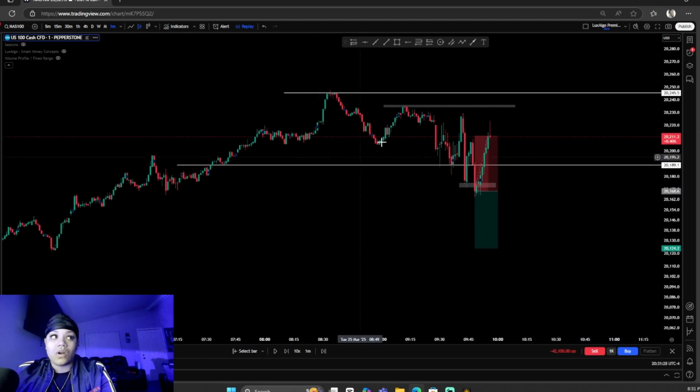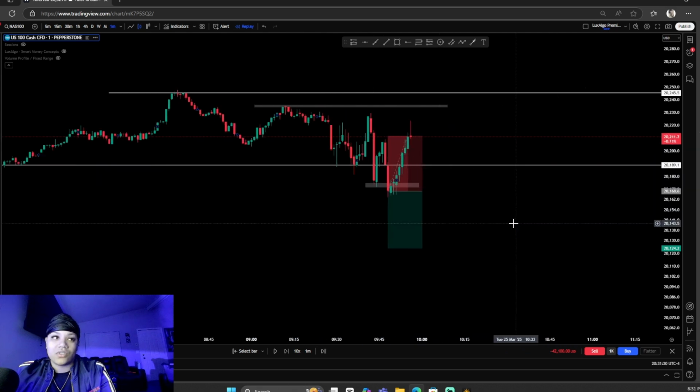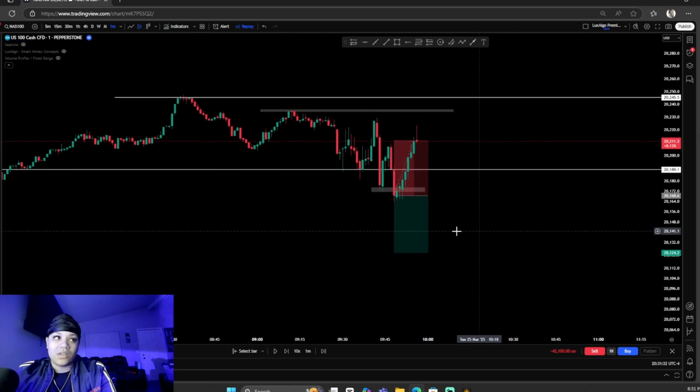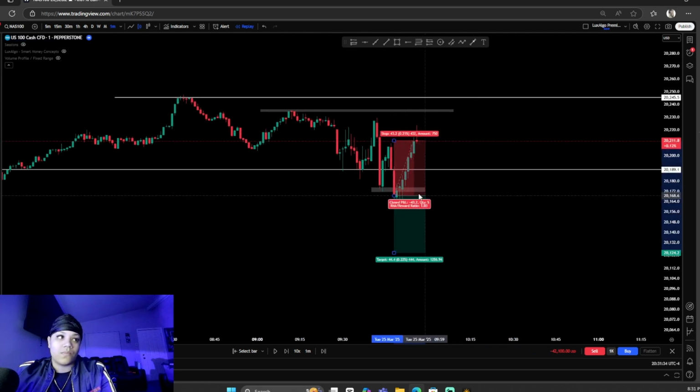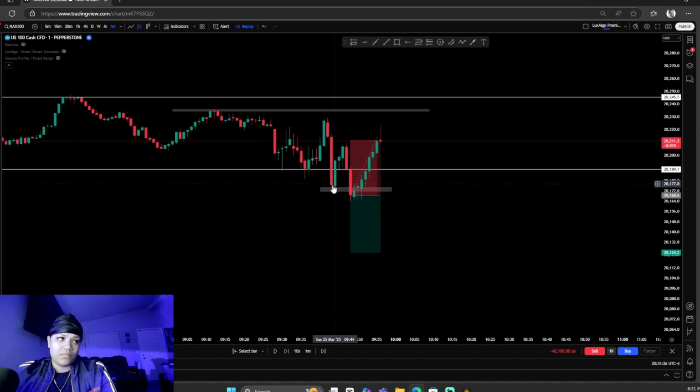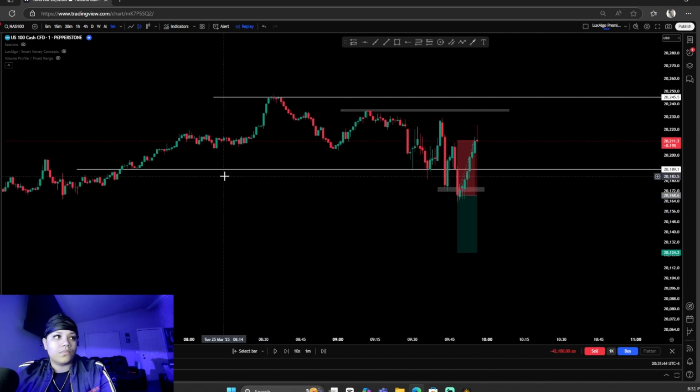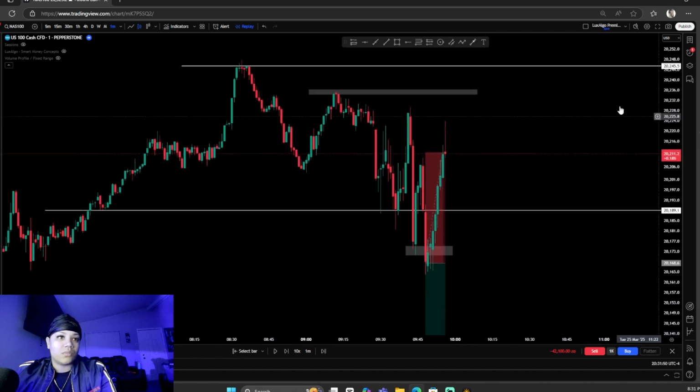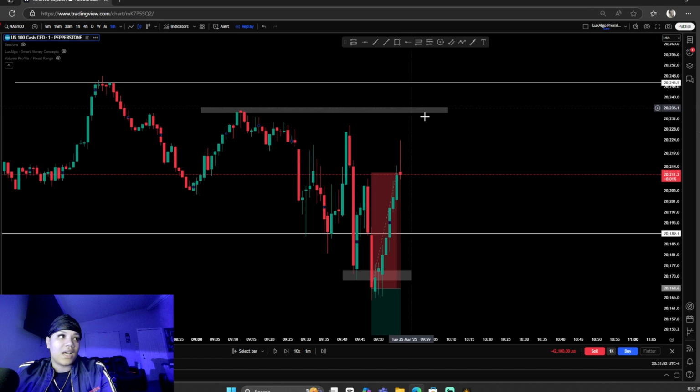Price is overall moving up, and we tried to take a counter trend by taking a sell, and it didn't work out for us, which is cool. So we went by the book. Great breakout and pulled back, and then it came and closed below. Yes, the only thing is this is not the trend. The trend is not going down, it's going up. So let's see if price wants to break this high.